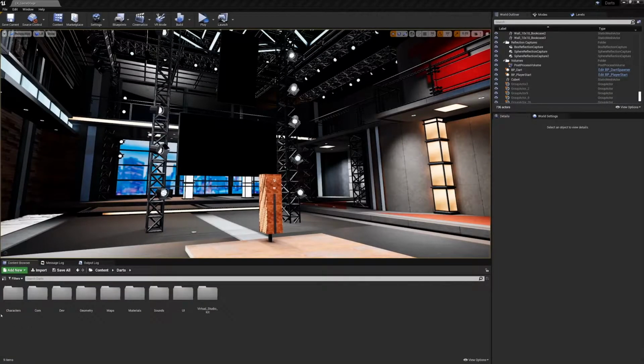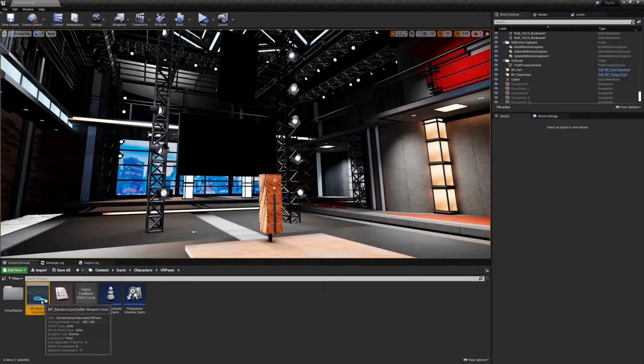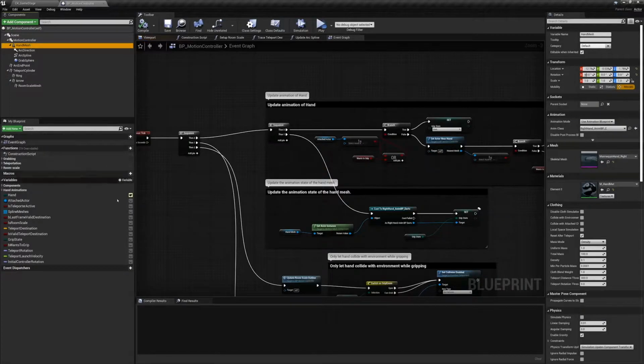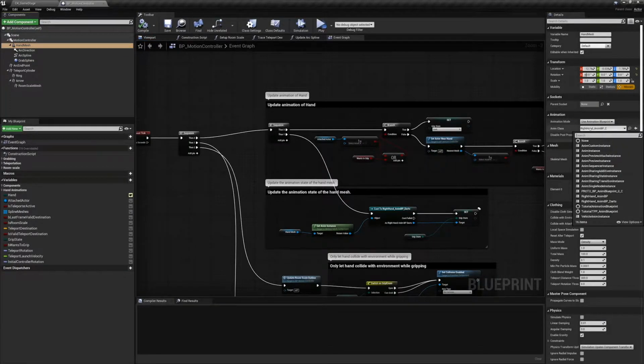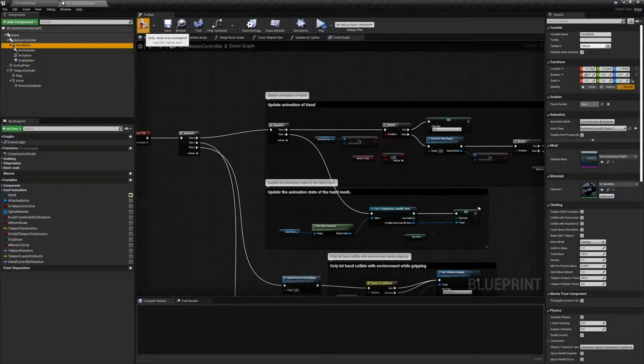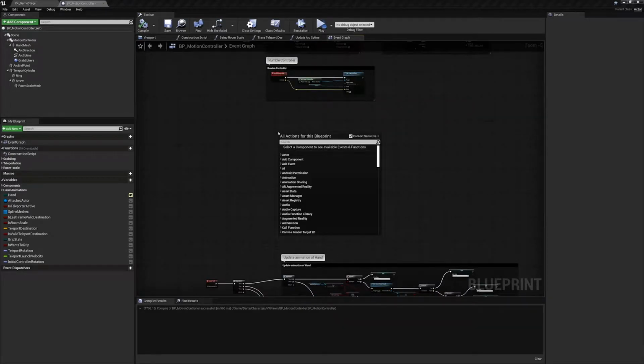Before we get started though, open up the BP motion controller in the VR pawn folder. We just want to be sure that the hand mesh is using our animation blueprint. So on the right side in anim class, make sure this is set to right hand anim BP darts and compile this. Create a new custom event named